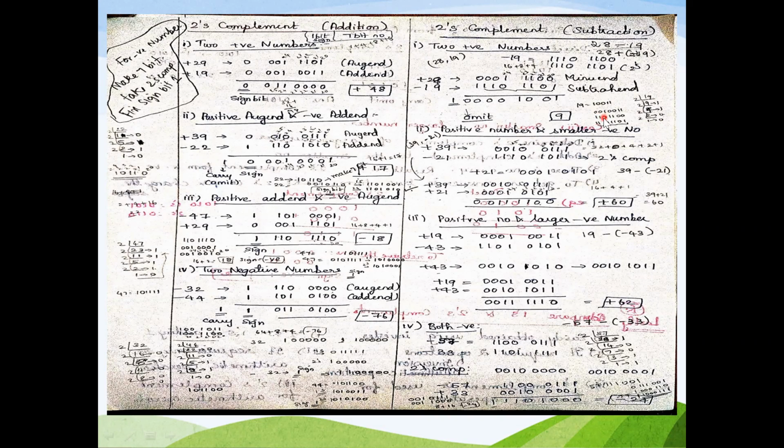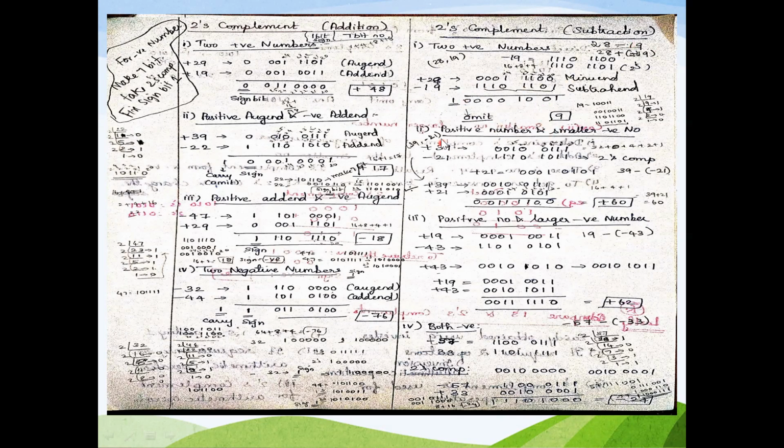That is 19. Next is the 1's complement. Next I want to find the 1's as well as the 2's complement. Then that value has to be appended with the number 1. So the final result I got is 1101101, and because it is a negative number, I appended 1. I have added all of this, and the sign bit is 1 and the carry will be omitted. Hence the answer is 9. So 28 minus 19 is 9.